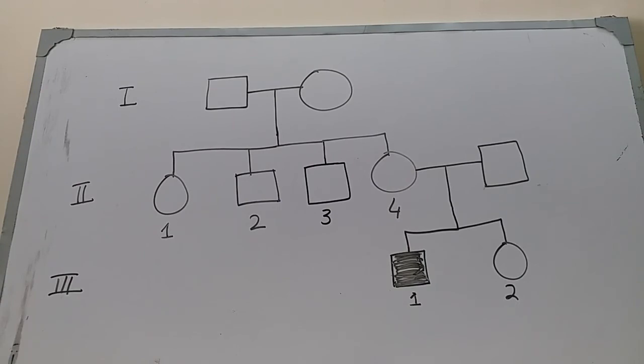So this is a pedigree chart, and a marriage is shown with 4 children, 2 sons and 2 daughters. The birth order is also shown. Number 1 shows the eldest daughter, and then 2 sons and a daughter, and then the third generation is shown having a son and a daughter. The shaded square shows the son is affected or has the trait we are looking for.